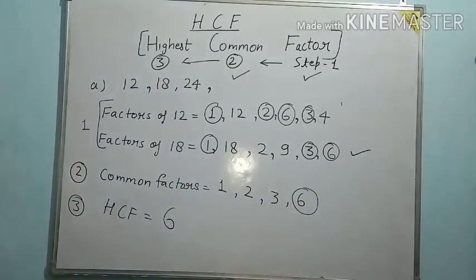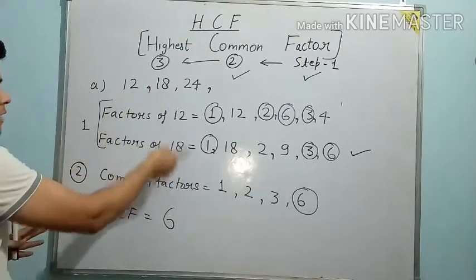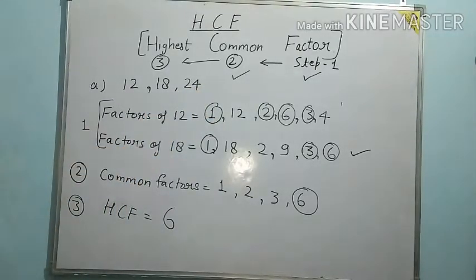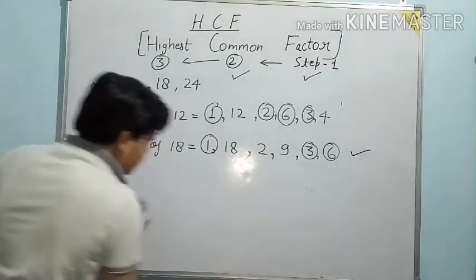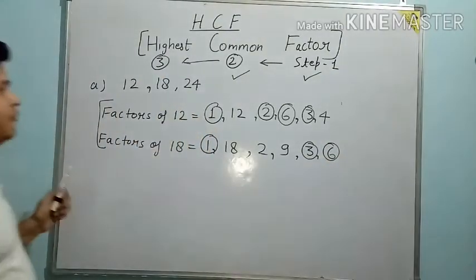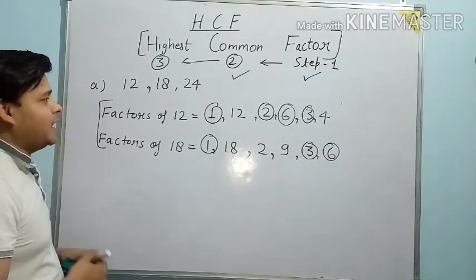So how will we do now? I have taken the same numbers, 2 numbers are same, 12 and 18. I have just increased one more number there. Okay, so how will we do this now? Let's start the first step once again. I am showing you how you will write if we have 3 numbers, because the method is exactly the same.